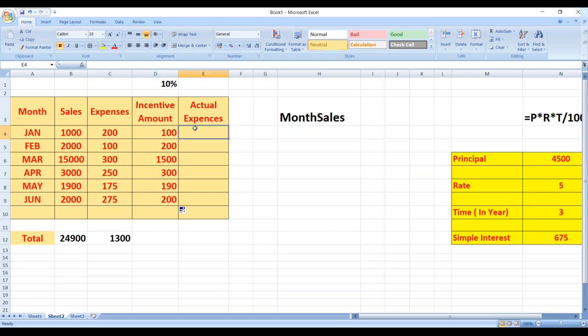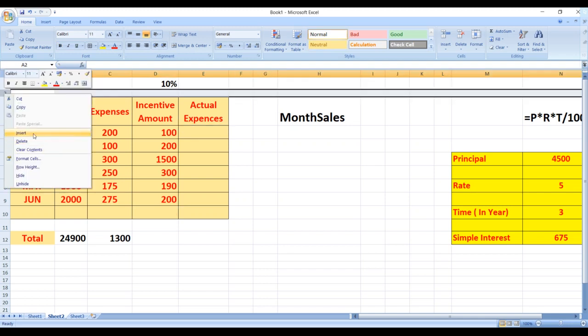Now let us take the calculation in the example given on our screen for this table. Now we have to calculate the actual monthly expenses. So for calculating the actual monthly expenses, we are going to type here the charity amount is 50. So let us type the charity amount by inserting a row.